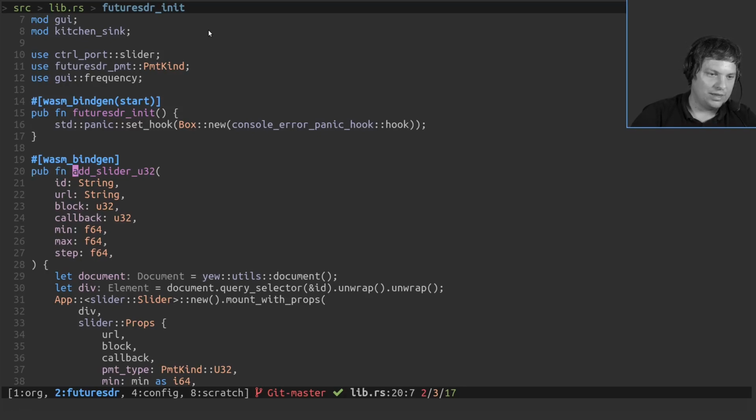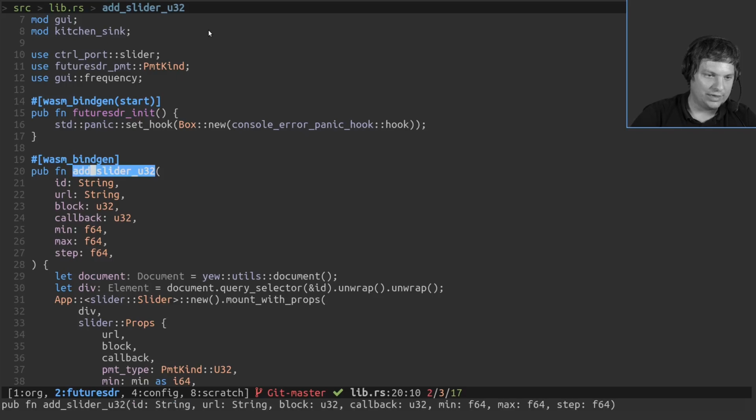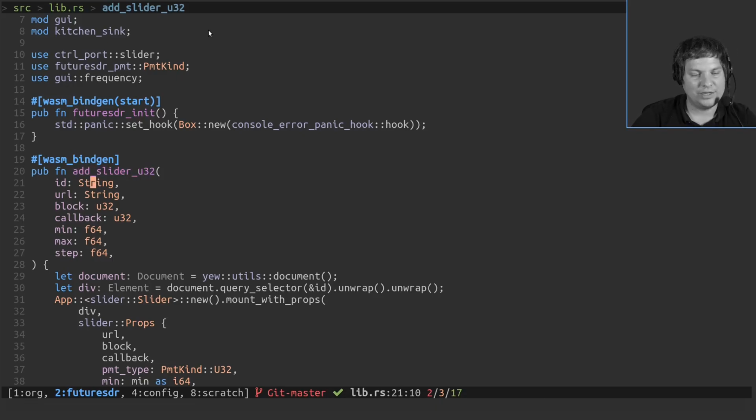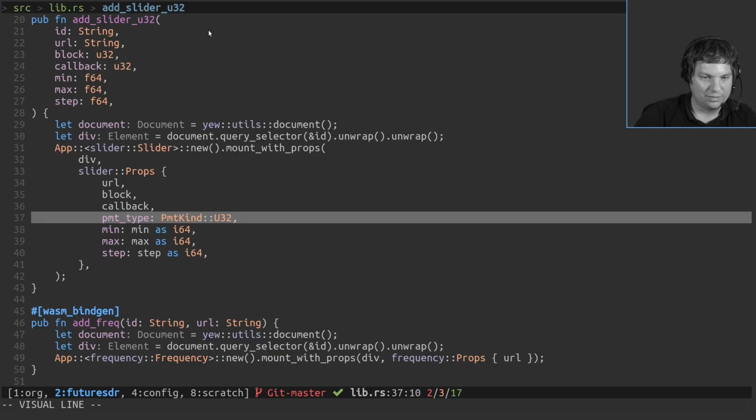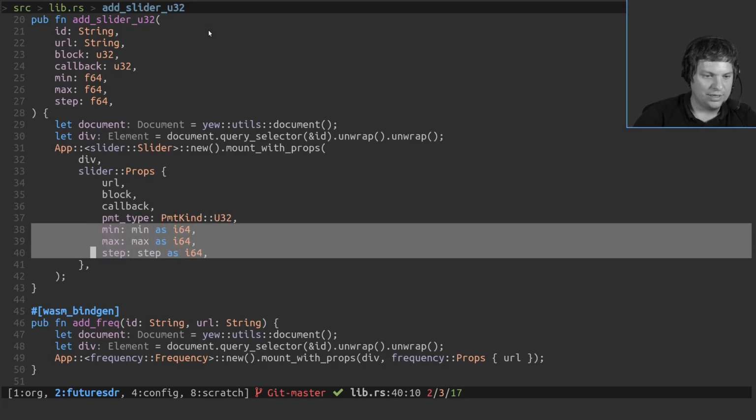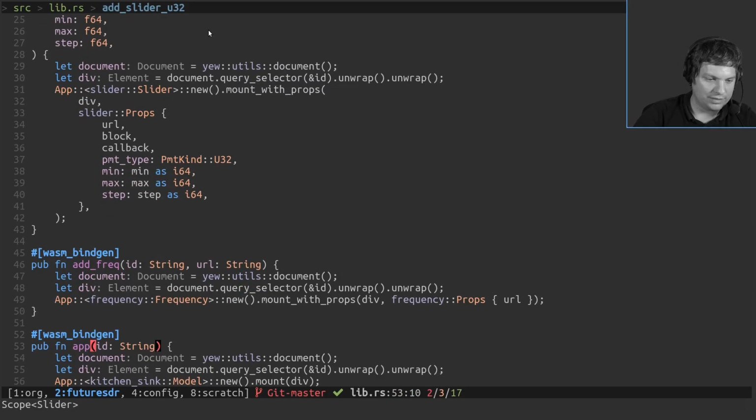For example, I have wasm-bindgen to export a function that says add slider, and this would then instantiate a slider component. And then whenever you slide, it would issue a post request sending the slider value to the message handler endpoint. So for example, we have here the block and callback, and say we want to send a PMT with U32. And these are the slider min, max, and step values. And we have similar stuff here.